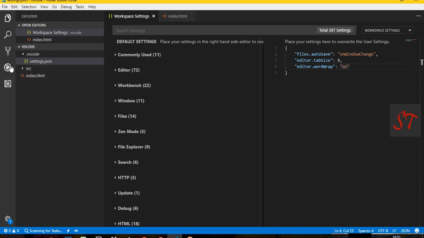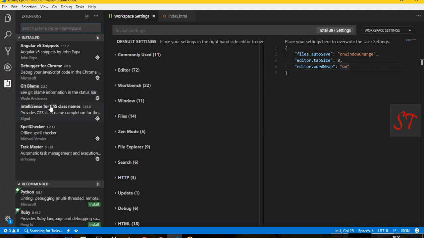Now let's see some options in extensions. Here I would recommend installing these two extensions for your development purpose. One is Debugger for Chrome, another is Git Blame. If you use Debugger for Chrome, that will help you to debug your project so that you can write